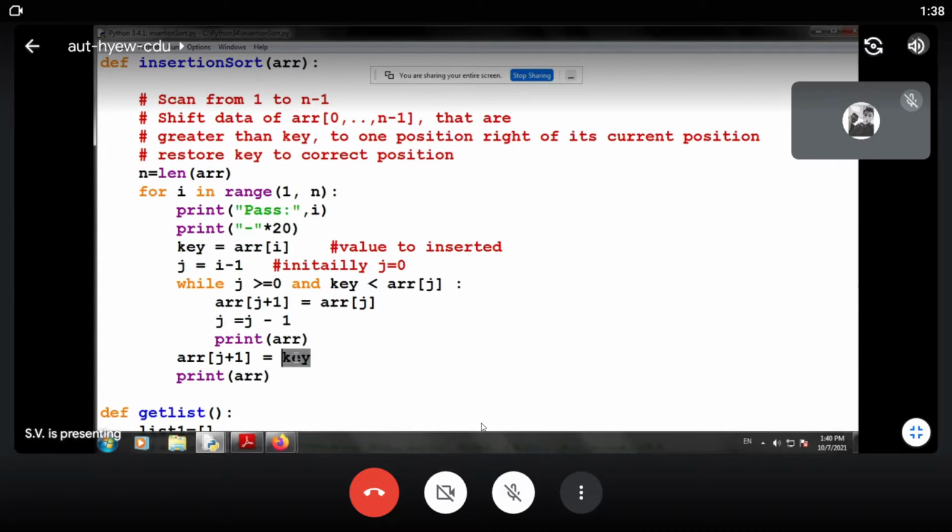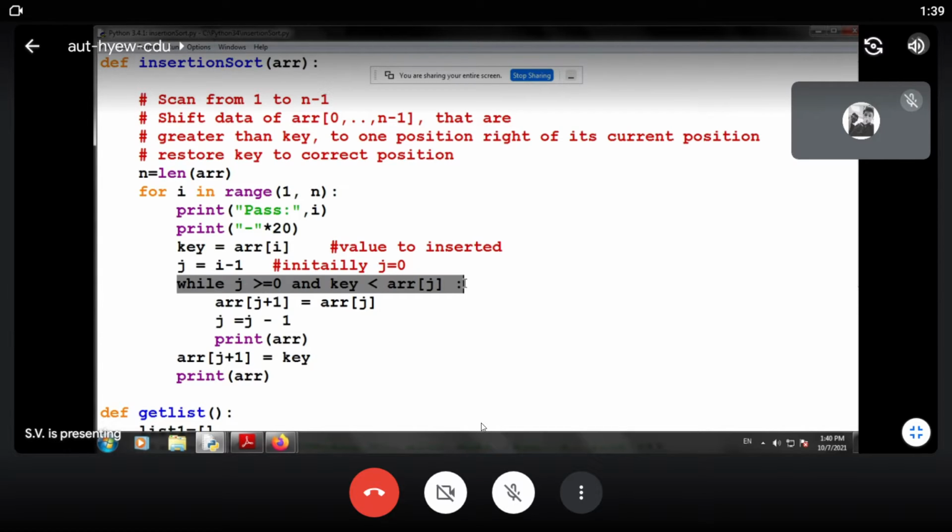So this is the simple logic we have for insertion. We are not doing any exchange over here, so you should remember that it is an insertion operation, and the code is very easy. You have two loops, one for loop and one while loop. In the while loop, we have a simple condition: j is greater than or equal to 0, and the key, that is the value to be inserted into the array, should be less than array of j.